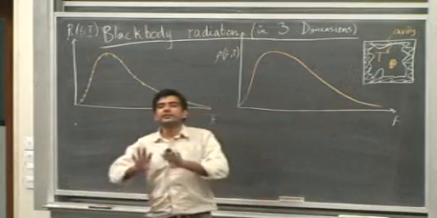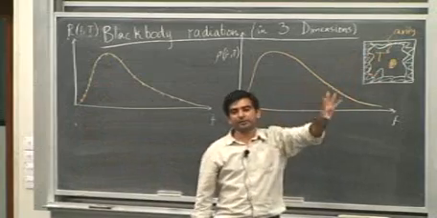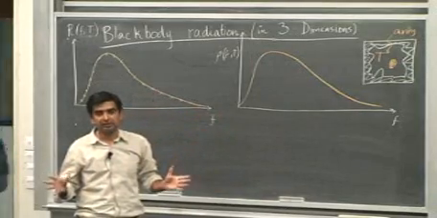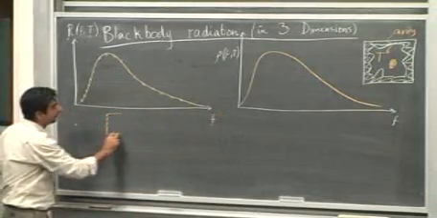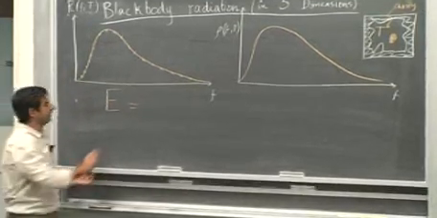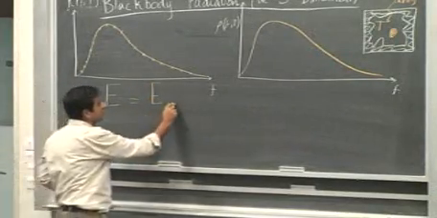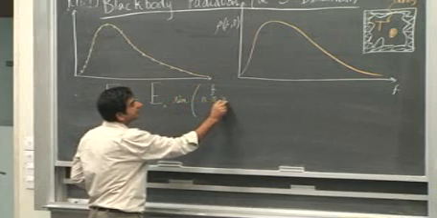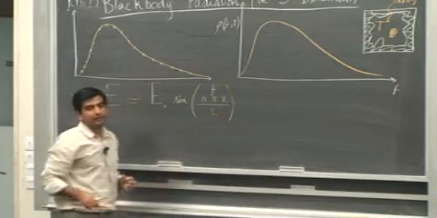Now in 3 dimensions, the same general rules apply. That is, the electric field at the walls must be 0. Therefore, a 3-dimensional standing wave is set up. Now when a 3-dimensional standing wave is set up, you can write the electric field associated with the 3-dimensional wave as follows. The electric field is E, certain amplitude E0, and the sinusoidal term sine n pi x over L, where L